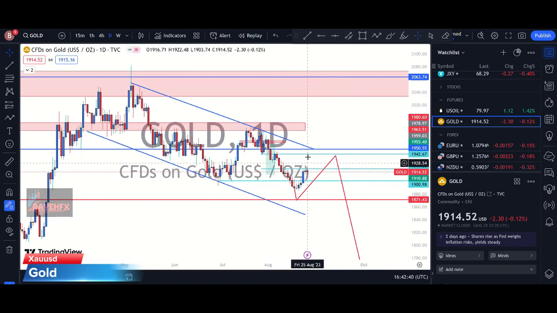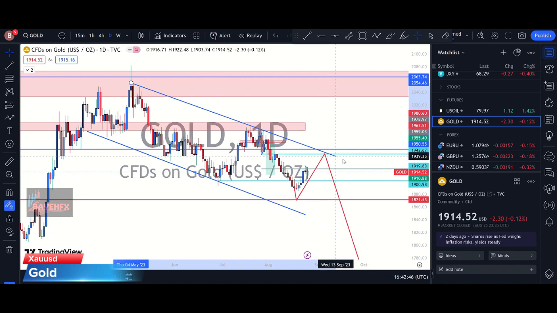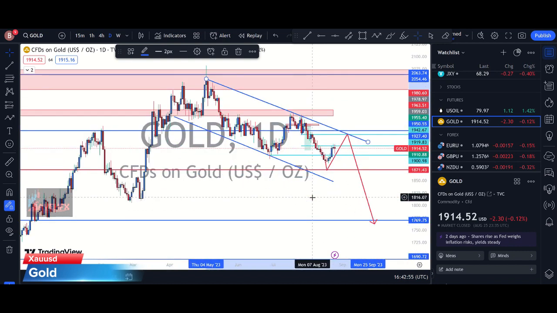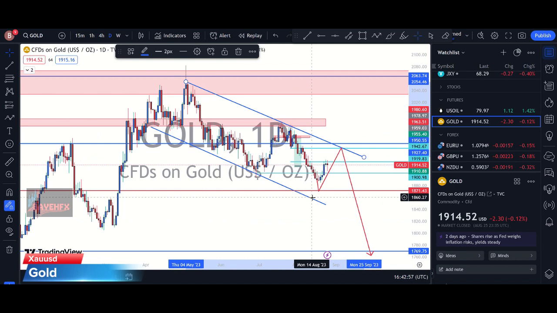So it's going back for a retest, and we're speculating that the retest will come around this particular zone where it will correlate with the trend, right? From there we'll look for a possible sell to the downside. This tells us that maybe in the week to come, this week we're entering, as gold is on a correction, USD will be on a